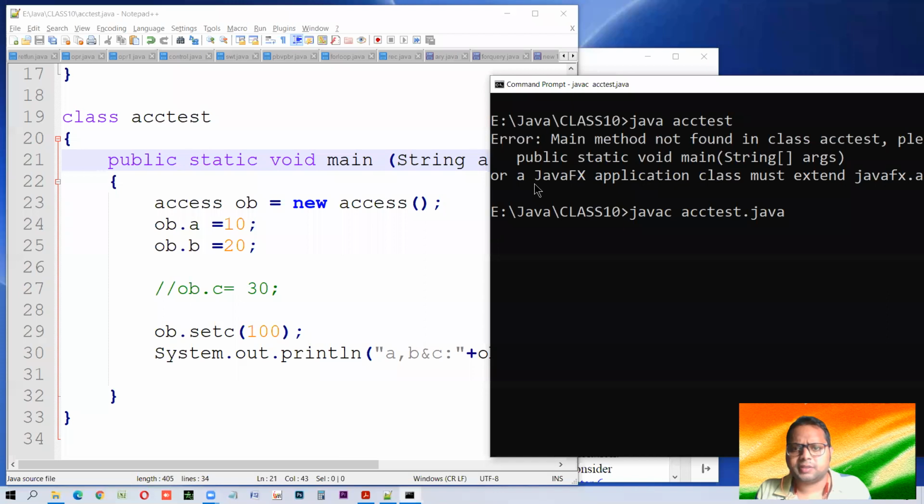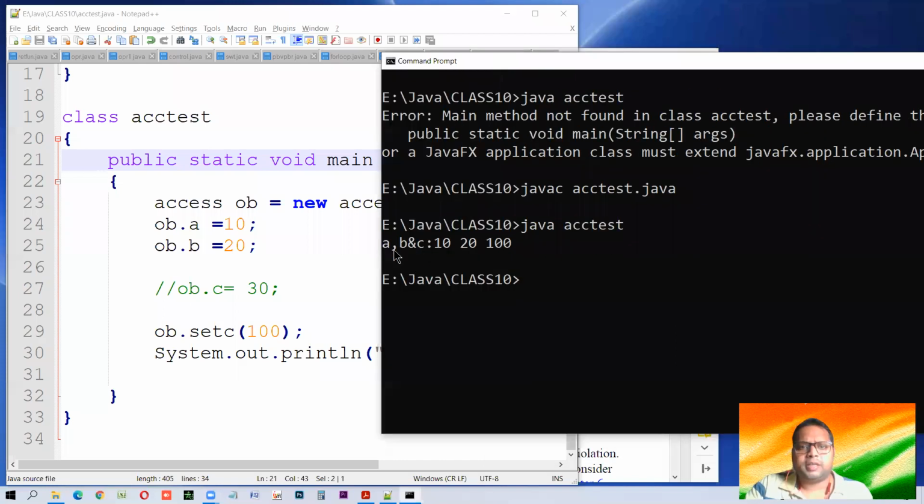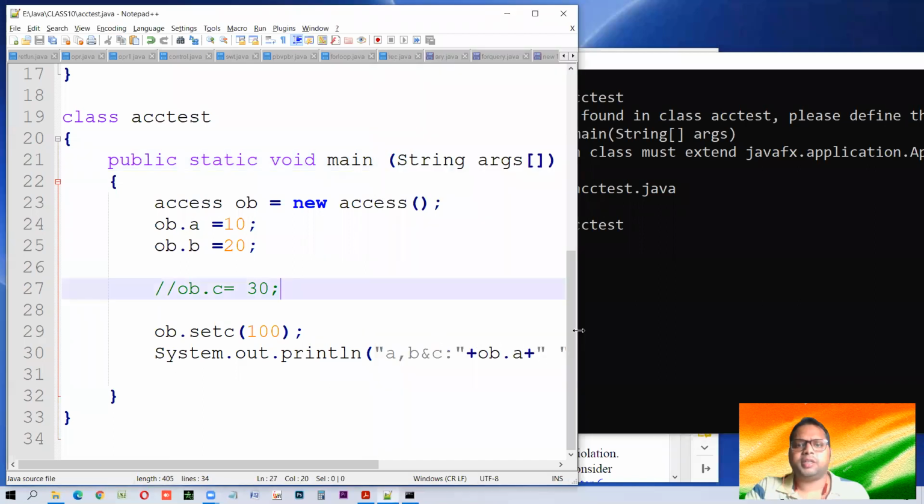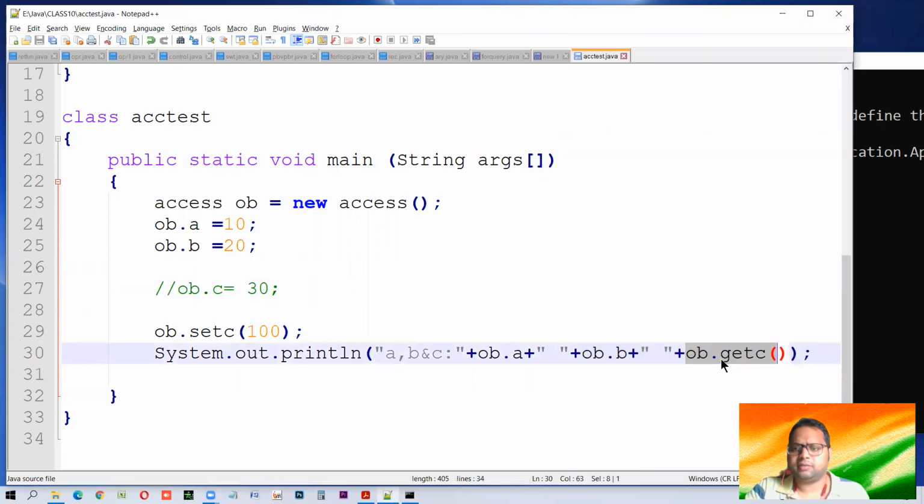Let us once again see, try. Yes, this was left. Yes, as I said, every mistake lets you know something new. So now see, the value of A is 10, the value of B is C, and the value of C we get through that method. These also let you know how a method can be called directly. This is a return type function and it is called here, and whatever it is returning will be printed out because it is inside the system print.